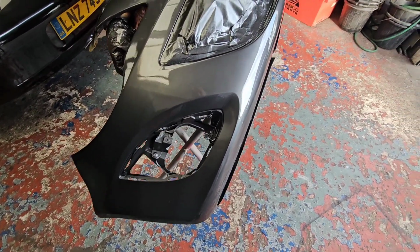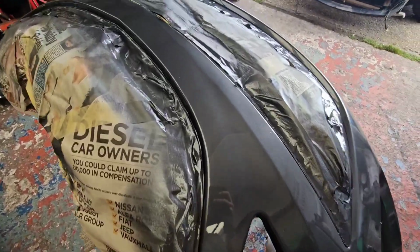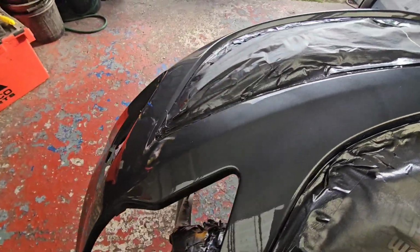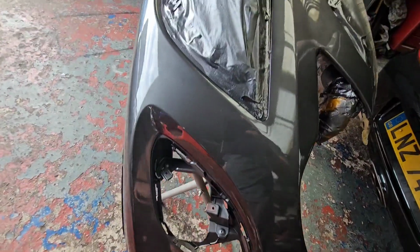Right, morning. This is what we did yesterday. We lacquered it. As you can see, it's come up. We haven't even polished this yet. I don't even think we are going to polish it, to be honest with you. This is out the gun, the lacquer. And it's just an absolutely fantastic result Mark did. He was lacquering another car, so I said, I'll lacquer this quick, mate. He did it,